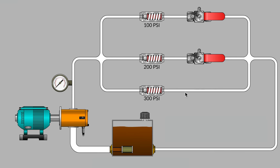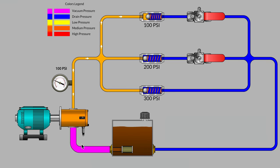Shutoff valves are open. What will our system pressure be when the system is energized and the pump is turned on? If you guessed 100 psi as the correct system pressure, great, super, because that's our easiest path for oil to pass through the hydraulic circuit. If the hose is oversized and the only resistance is the spring in the spring-loaded check valve, it makes sense that the pump's flow will only move along the top parallel path, and we would only get a 100 psi